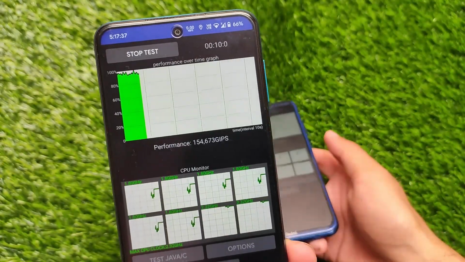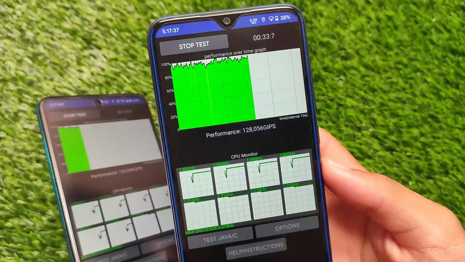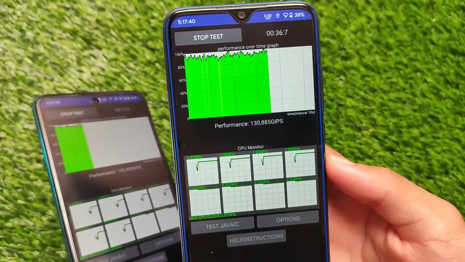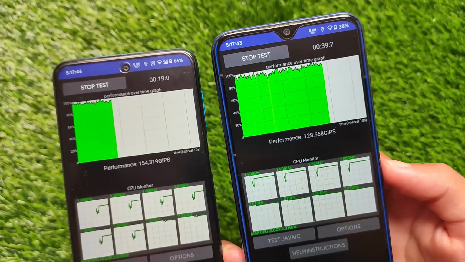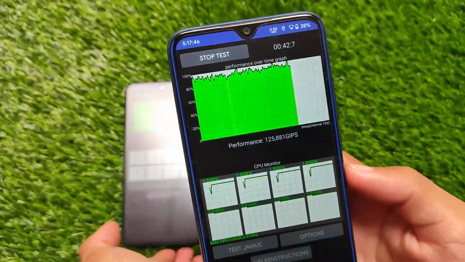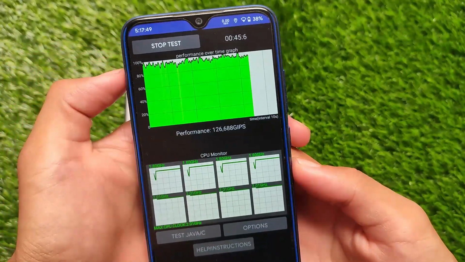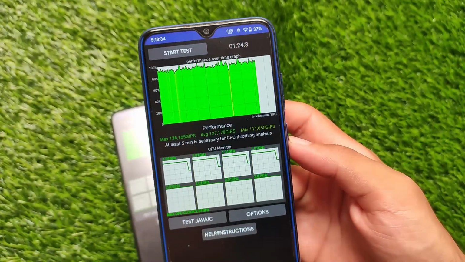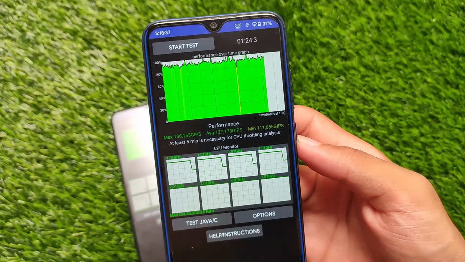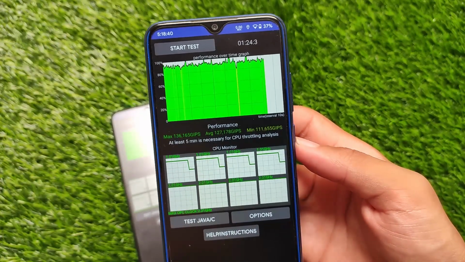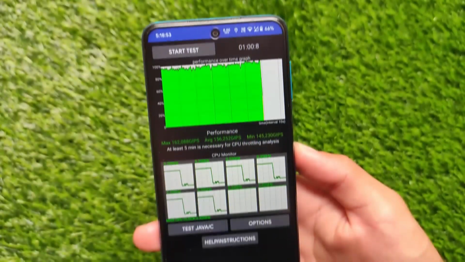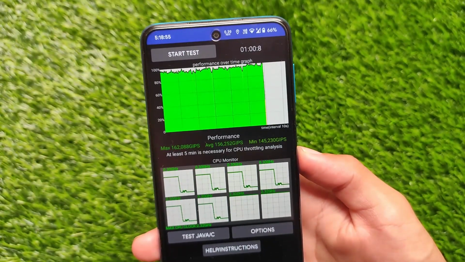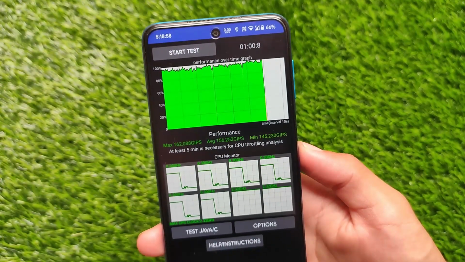Talking about the CPU throttling test, which matters a lot for some users. I have tested both devices on the CPU throttling test, which doesn't show a major difference. Both of the devices have a very good score. Let's just talk about at least 1 minute. I'm not going to share 5 minutes or 10 minutes, just 1 minute. As you can see, Redmi Note 8 got only a single drain for maybe 1 second, but Redmi Note 9 Pro was almost stable. Of course, it's a little bit of a different device from Redmi Note 8. This was all.